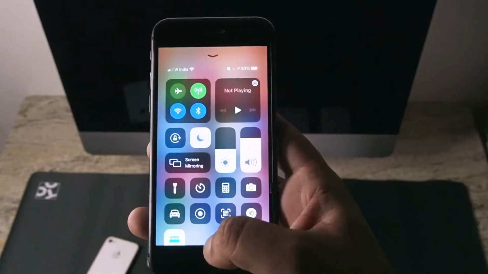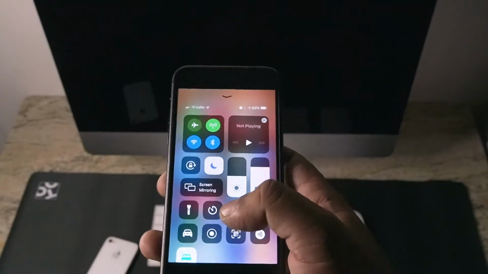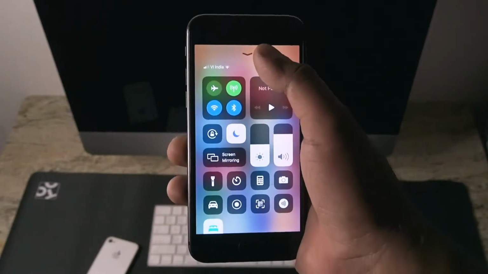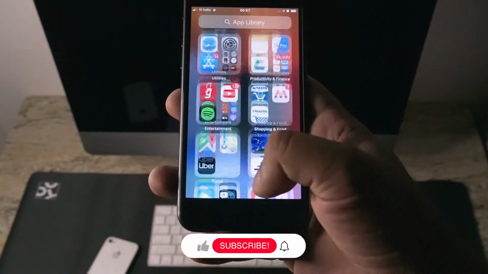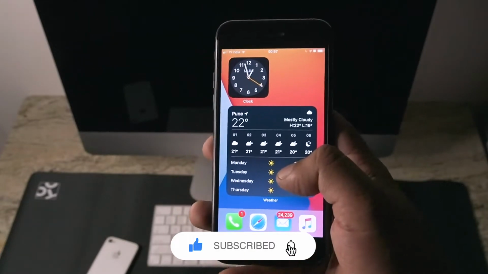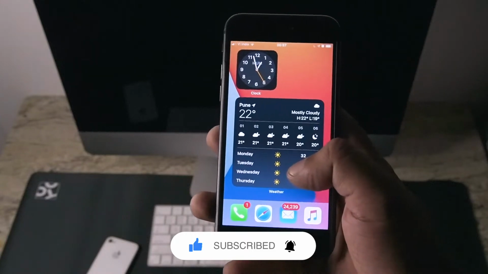The next update is the HomePod update, which again I can't show you, but they have added an intercom facility for the HomePod Mini and the HomePod. Basically, whenever the HomePod is out, like whenever it's for sale, you'll get to know the intercom facility. That has been added in the 14.2.